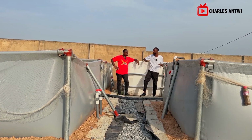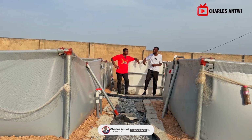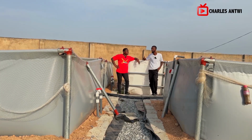So you don't need much space to start fish farming. The only thing you need is the holding container or your pond, and you can start with as low as 10 fishes, 100 fishes, 20 fishes, 2,000, 3,000, 100,000. It all boils down to your...